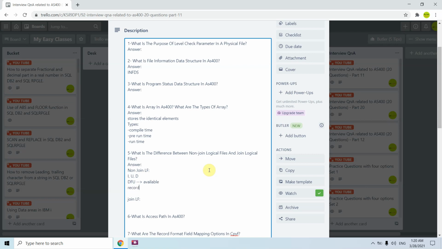Record formats can be from 1 to 32. We can have 1 to 32 record formats in a non-join LF, but in a join LF we would have only one record format.